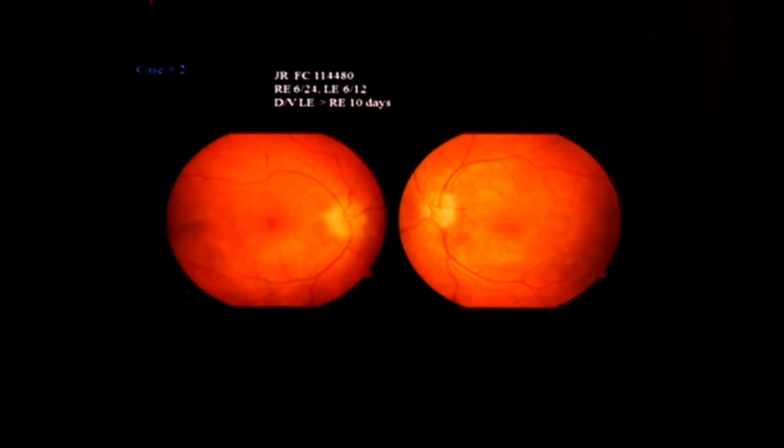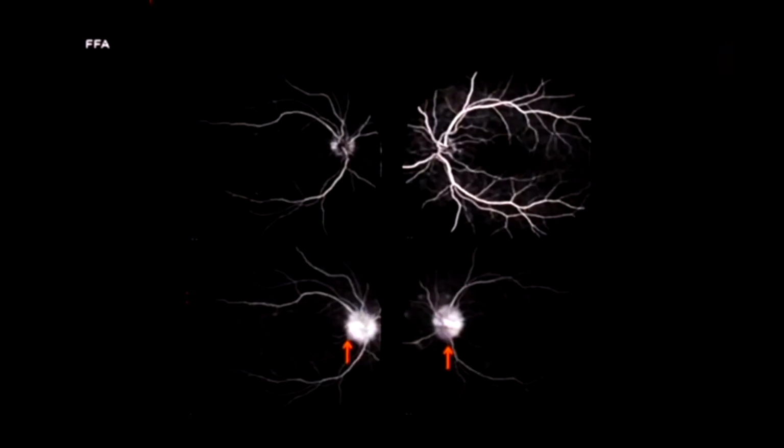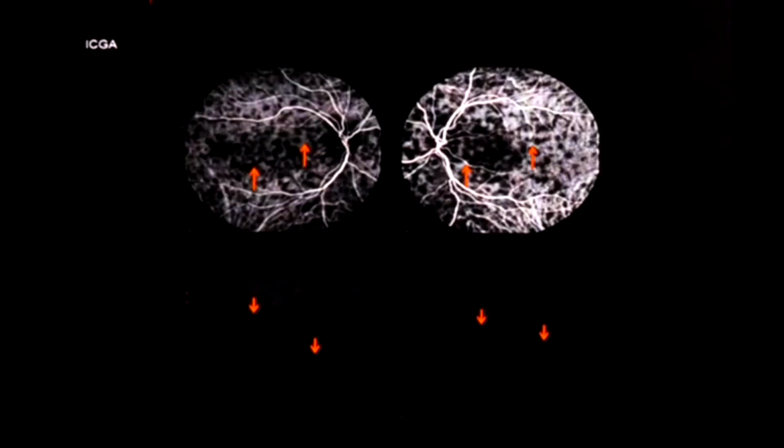ICG angiography, we were classically taught about its role in the serpiginous-like choroiditis, but I find it much more useful in some of these conditions where a patient presents with disc edema in both the eyes, and there is a retinal hemorrhage besides in the peripapillary region, and this patient was erroneously referred as papilledema. When you see these subtle lesions in the choroid, you need to go for the combined FFA and ICG angiography. The FFA did not show much except some disc hyperfluorescence, but we could make a diagnosis solely based on the ICG angiography, which showed lots of choroidal granulomas in both the eyes in the entire fundus.